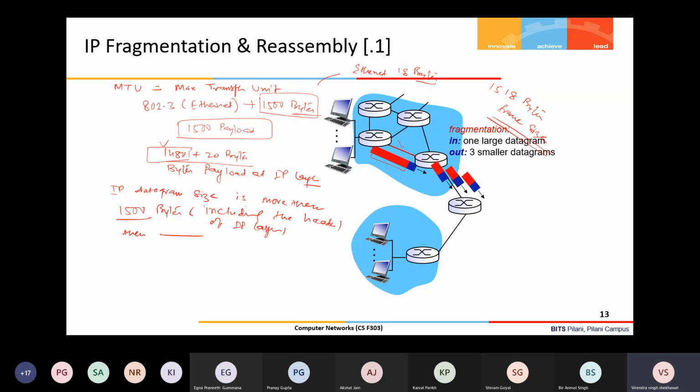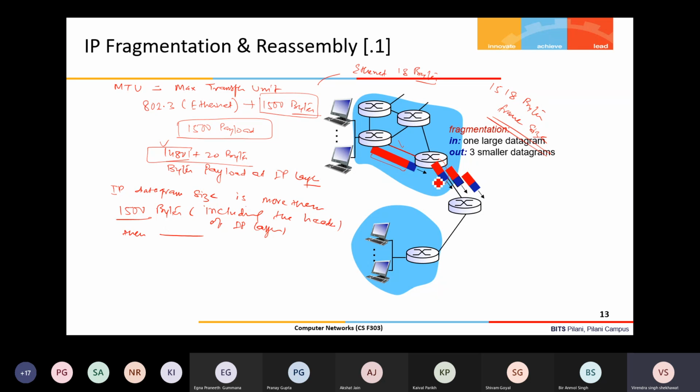Because of this additional task, in IPv6 they have removed this fragmentation. We will not do any fragmentation at a router. A separate solution was devised. So in the journey from source to destination, a datagram may be fragmented multiple times.